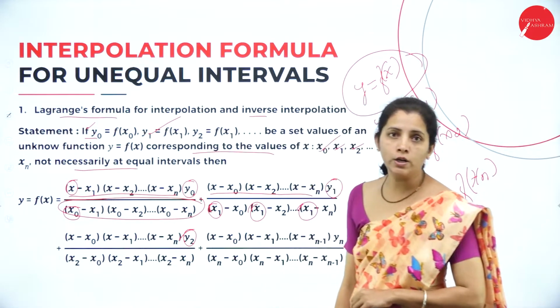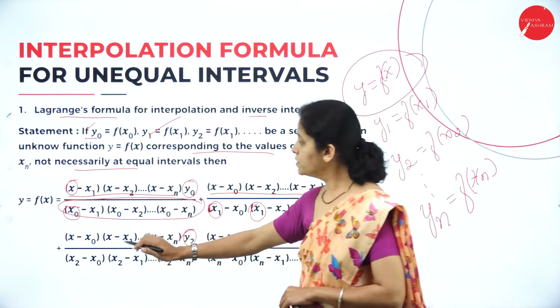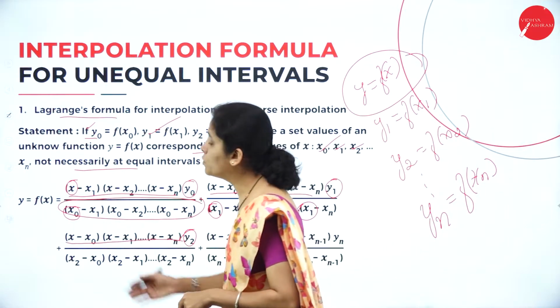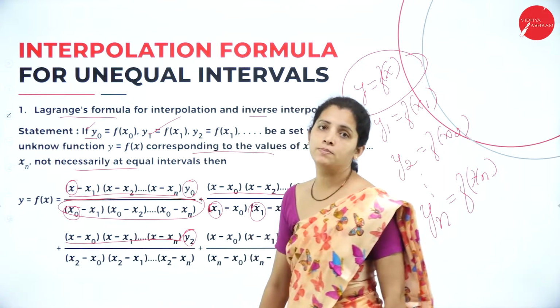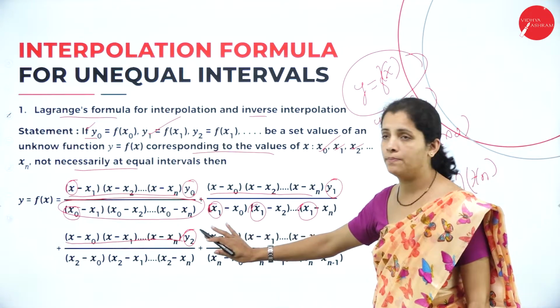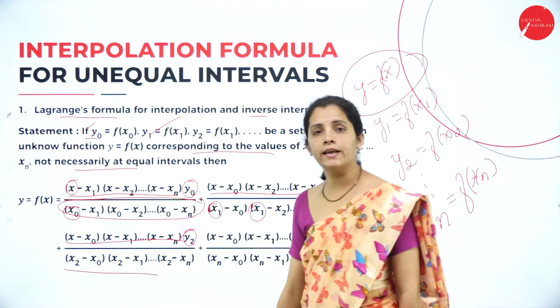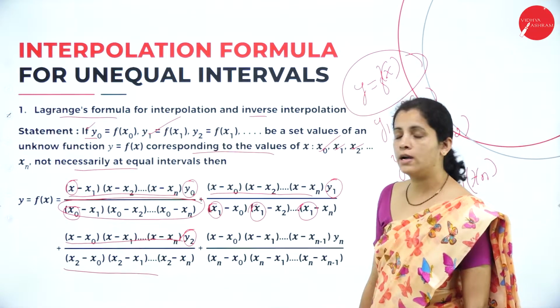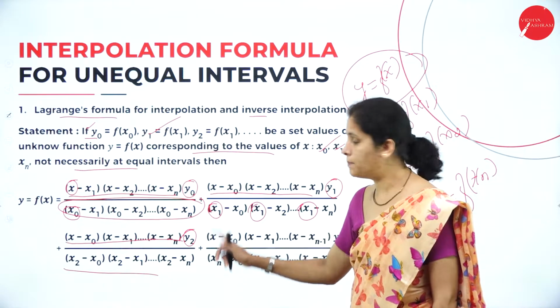If it is y2, I want to ignore x2, so in this term I'm not going to have x2: x minus x naught, x minus x1 up to x minus xn. And below, x2 minus x naught, x2 minus x1 up to x2 minus xn, plus